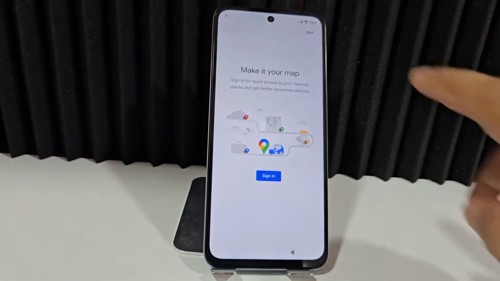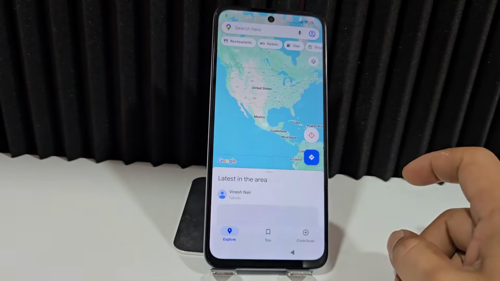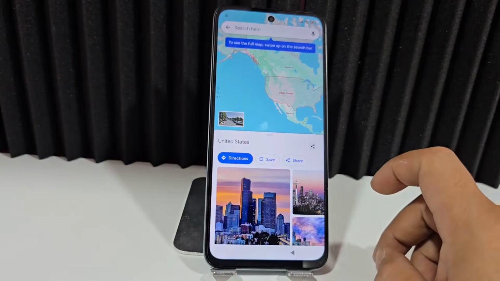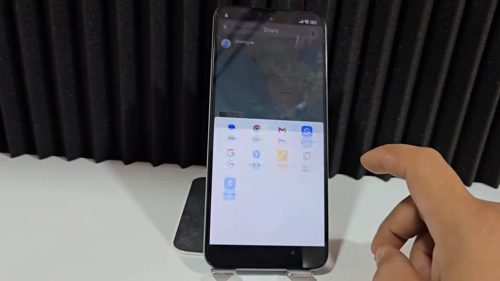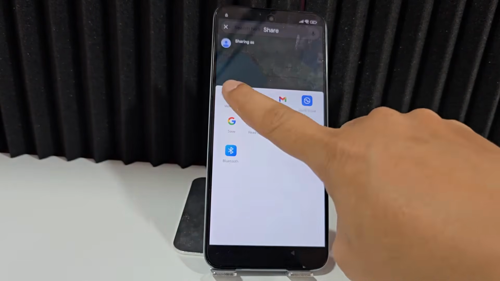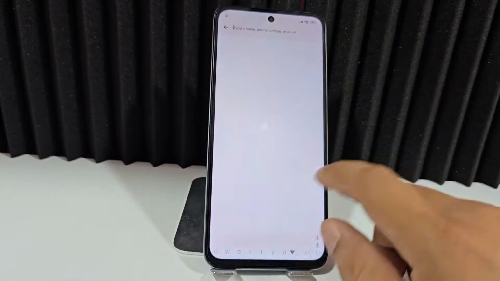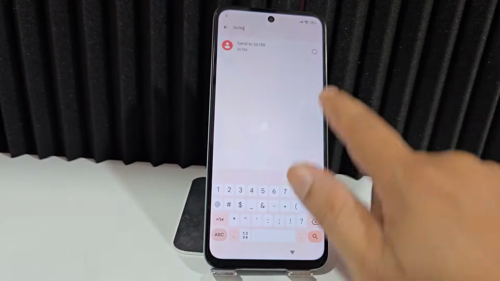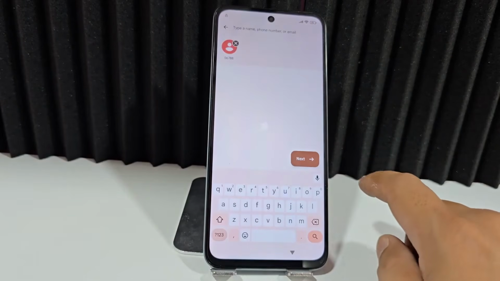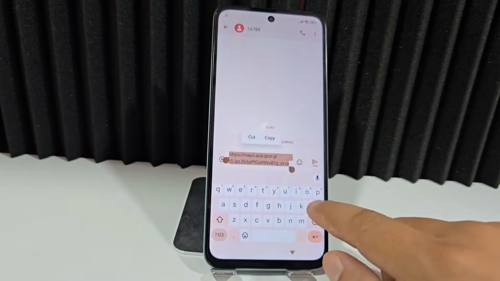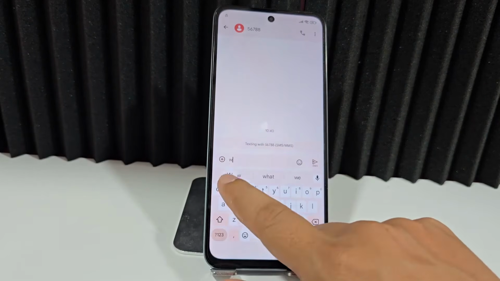Now, the first thing we're going to do is click here on Jump. Then we will select any of these options that appear here. Then we're going to click here on the Share option. Let's click on this little message. Here in the magnifying glass we'll write anything. We select it, we click Next. Here we're going to delete all of this. Now we're going to write